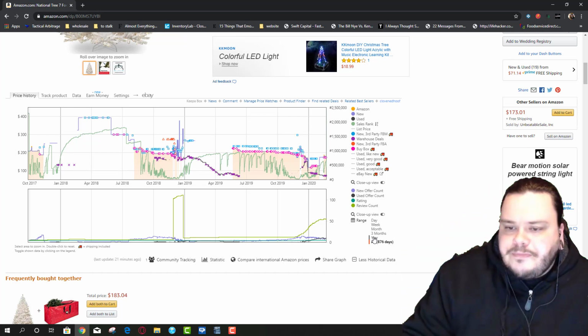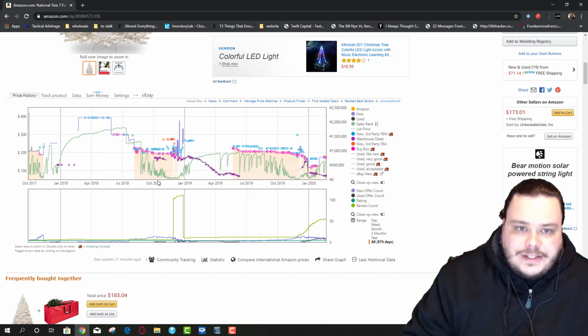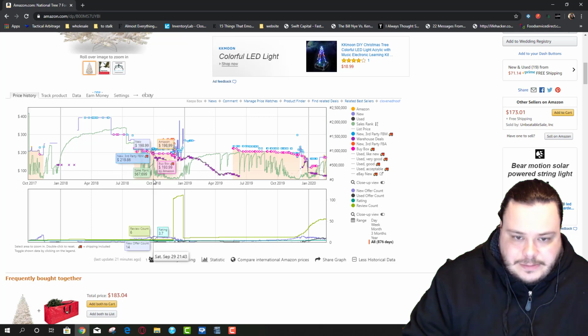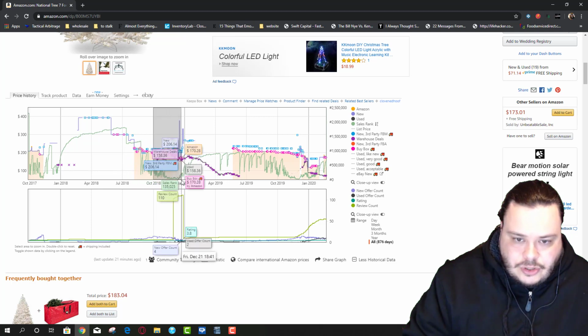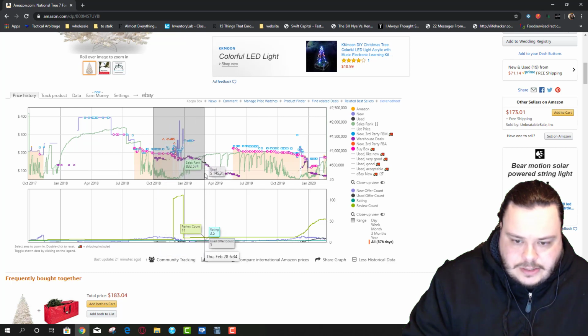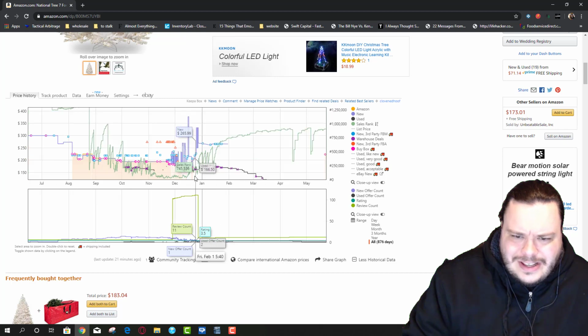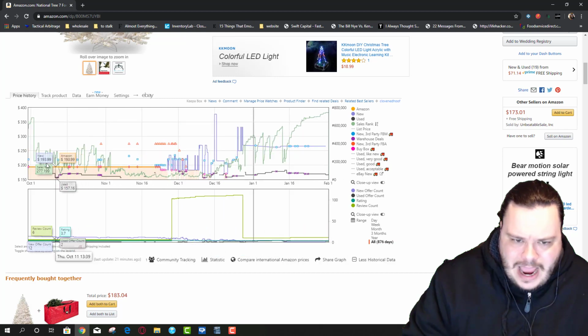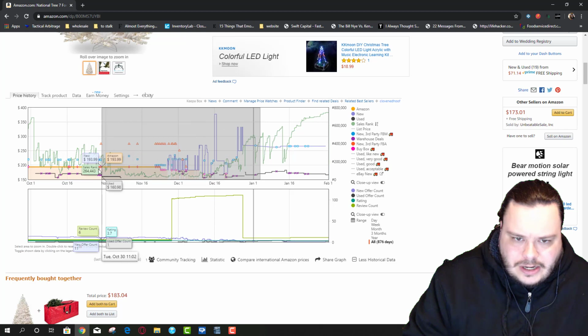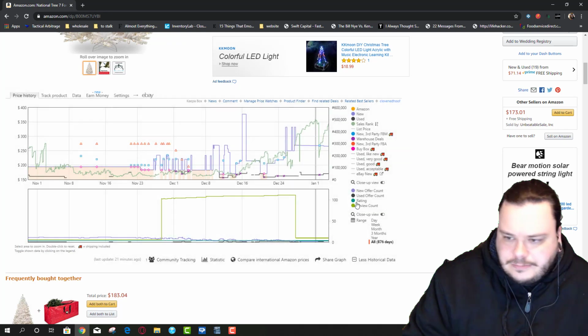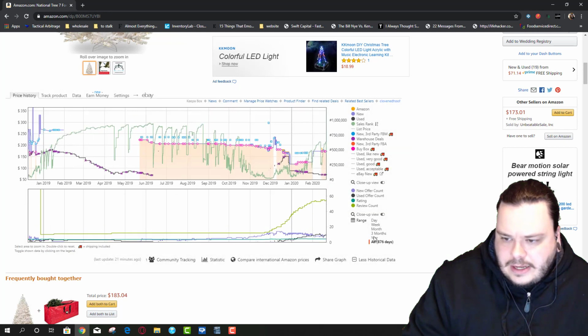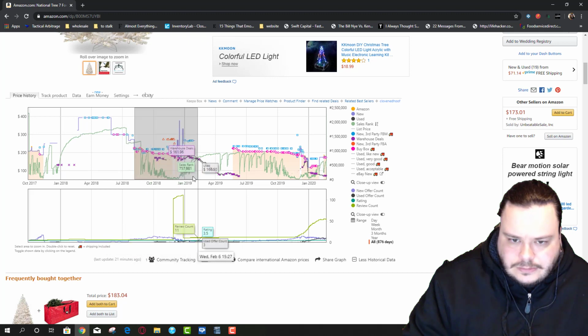Okay, so we're definitely seeing here, obviously, it's a Christmas tree. When's it going to be selling the best? Probably between October and January. Let's do the end of January. Let's be crazy about it. By the way, a lot of people don't know that you can do this. You can just click and drag on a Keepa chart and it'll zoom right in, just like that. I just clicked and dragged. Okay, let's go back out on that and then I'll do this again.